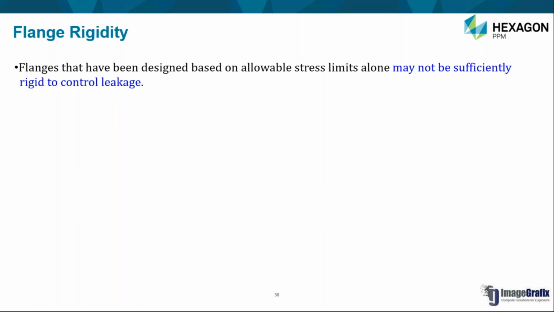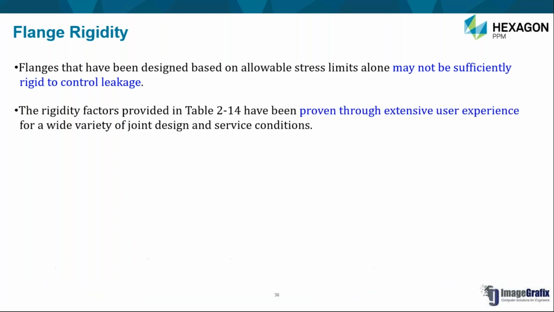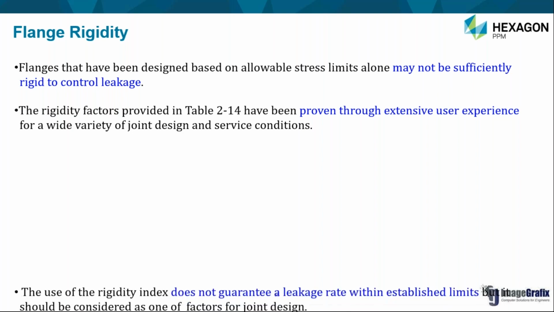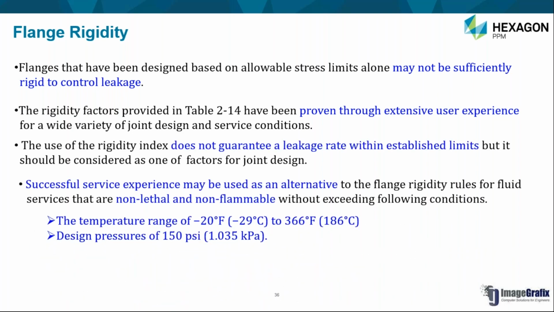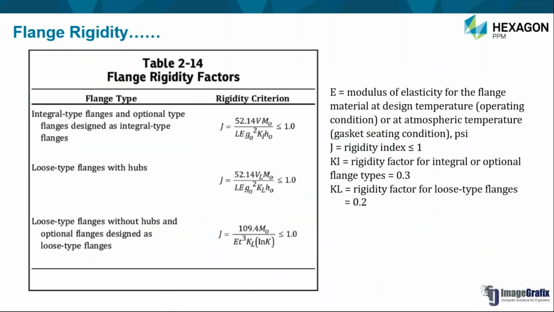So code is saying that even if we have calculated the stresses and those are below your allowable stress, there are still chances that the flange may fail. So what is the reason for that, and how has the code given the remedy for that? What they are saying is the rigidity factor provided in table 2-14. Okay. So if you see over here, this is the table 2-14, where it has been proven